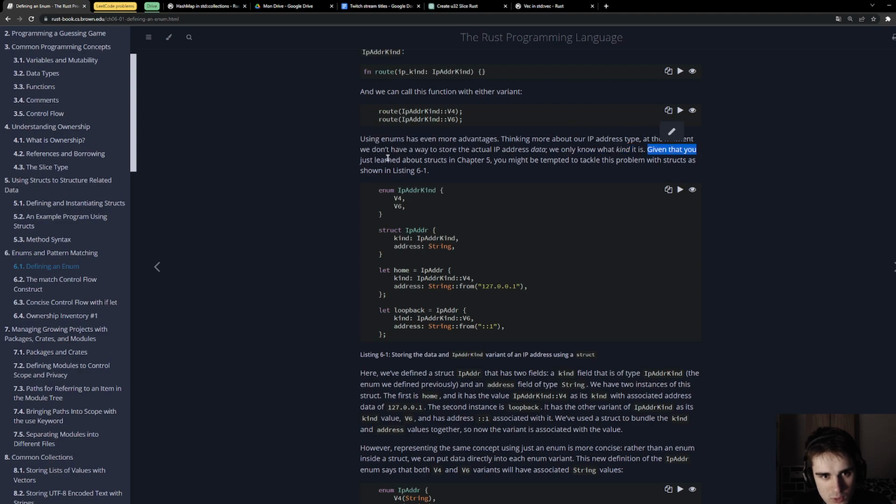Given that you just learned about structs in chapter 5, you might be tempted to tackle this problem with structs, as shown in listing 6-1. Okay. IP address, kind, and address. Sounds good actually.